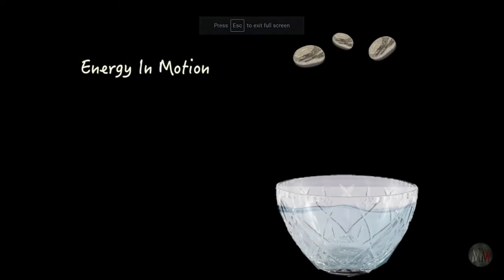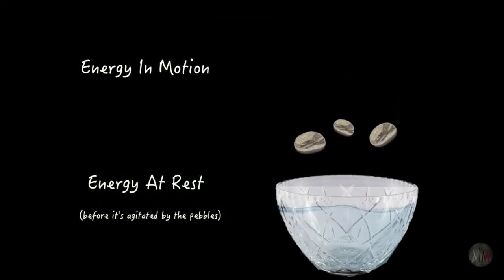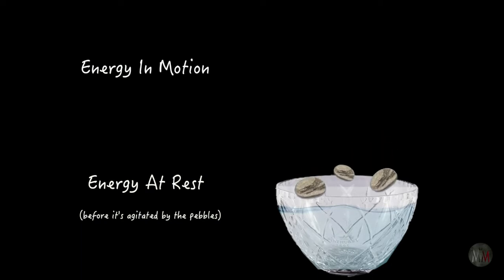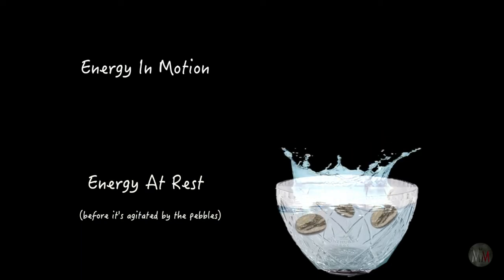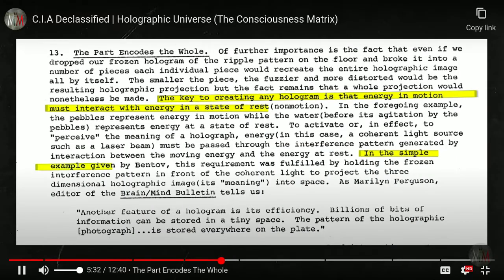The pebbles represent energy in motion, while the water represents energy at a state of rest. To activate, or, in effect, to perceive the meaning of a holograph, energy must be passed through the interference pattern generated by interaction between the moving energy and the energy at rest. In the simple example given by Bentov,